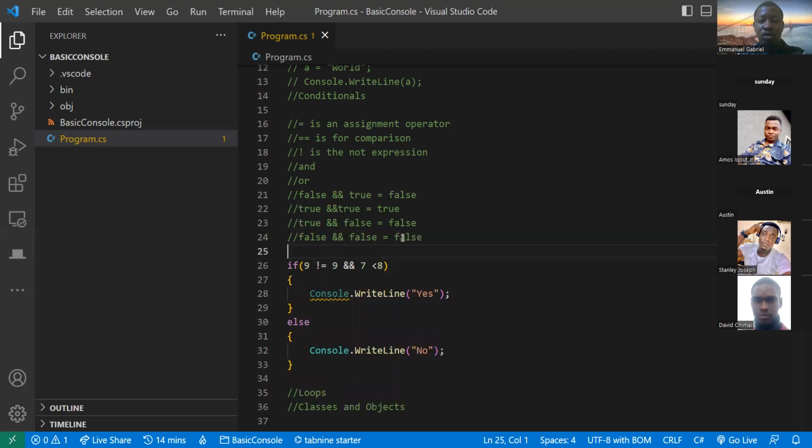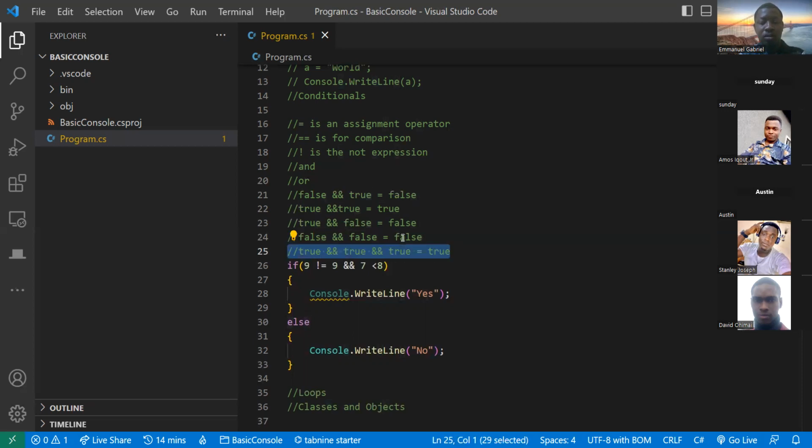So let me also just extend this a bit. True and true and true is going to translate to true.